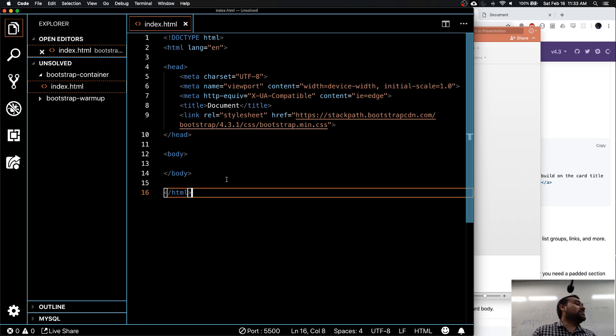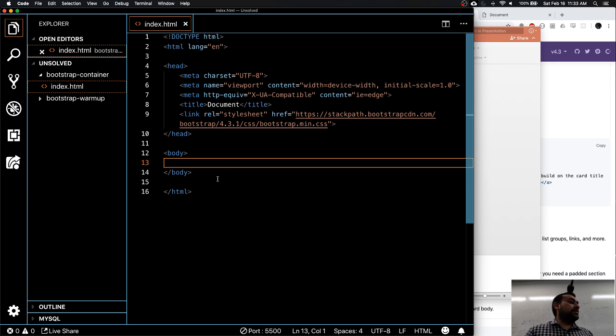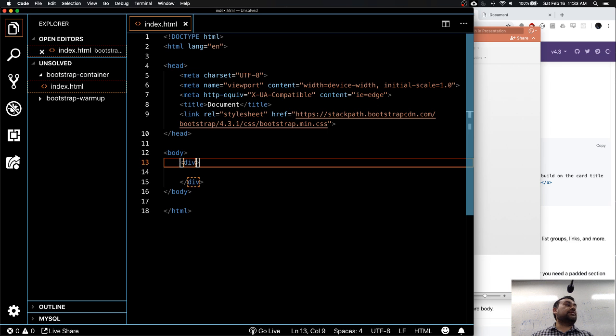All right, let's get back here. Okay, so I have my Bootstrap, and I have my link over here. Okay, guys, this is important. Let's see how we translate our concept into code. The first part I was saying is creating a container.